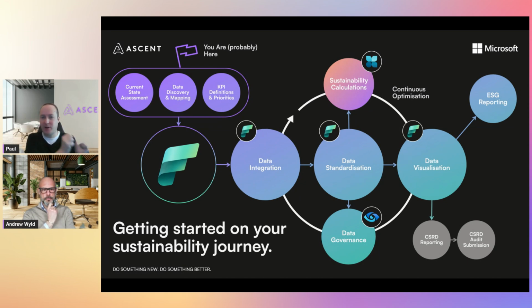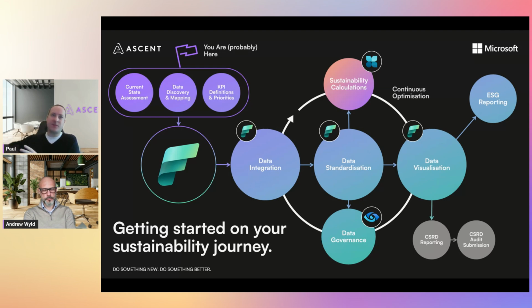Where's your data coming from? How are you transforming it? Which reports is that data finding its way into? And it's providing you that end-to-end lineage and cataloging of your data, making it easy to find your data and also easy to actually have a look at that end-to-end lineage that you've got.